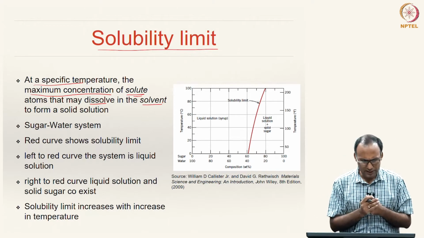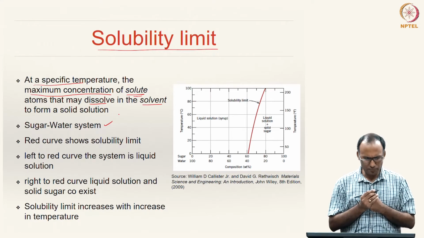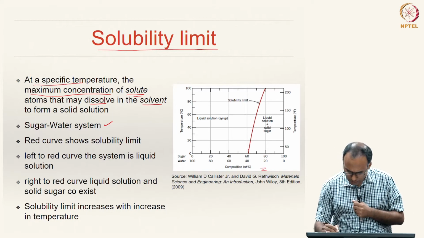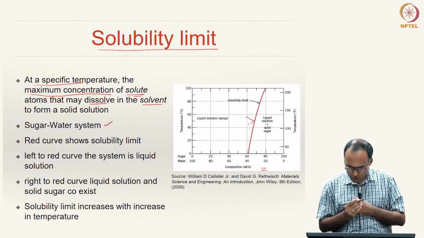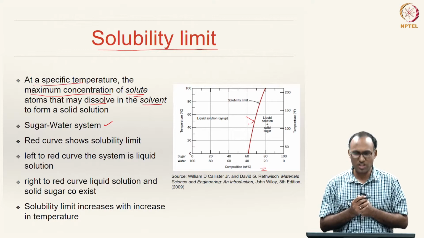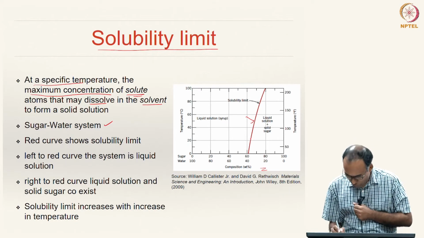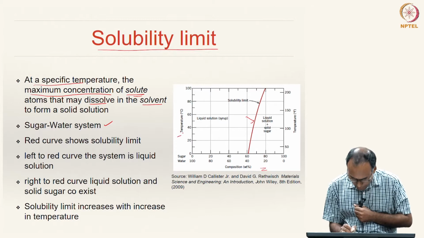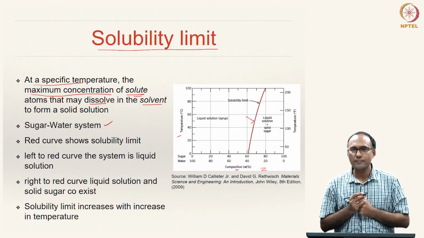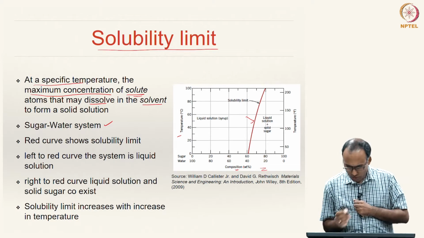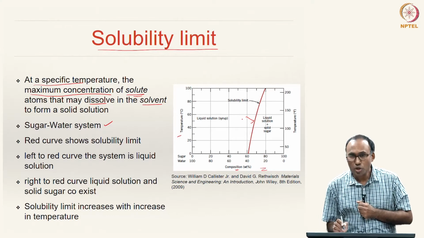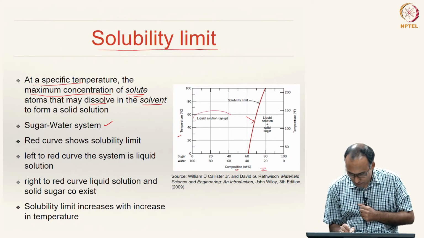For instance, we can take the example of sugar water system. Here in this graph, the red curve shows the solubility limit of sugar water system. Here we are seeing the temperature on the y axis and the composition on the x axis. Left of this red curve, the sugar water system is in liquid solution,